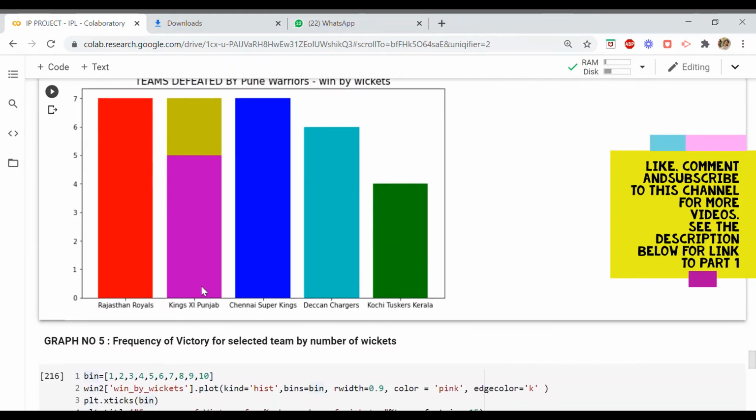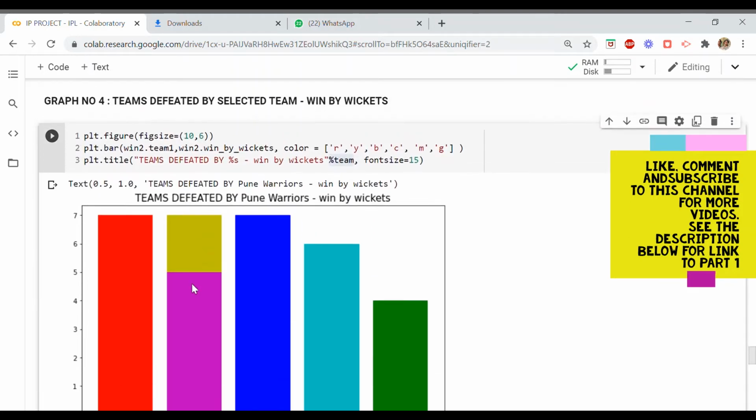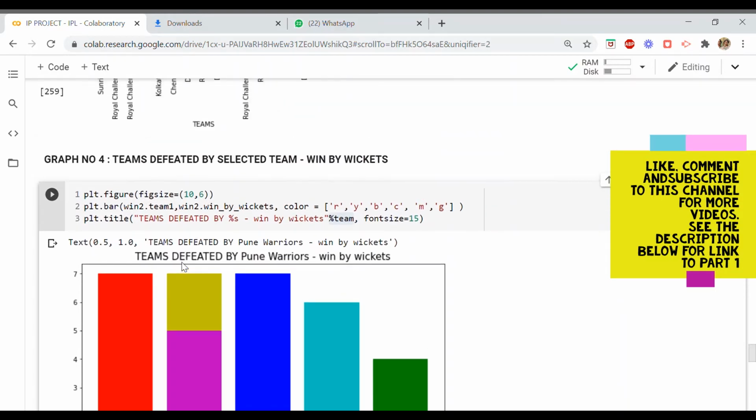Now in this graph you see here that Kings 11 Punjab is showing me two color codes. One is yellow and another one is magenta. Why are these two color codes being displayed here? That is because of the data which is being received.